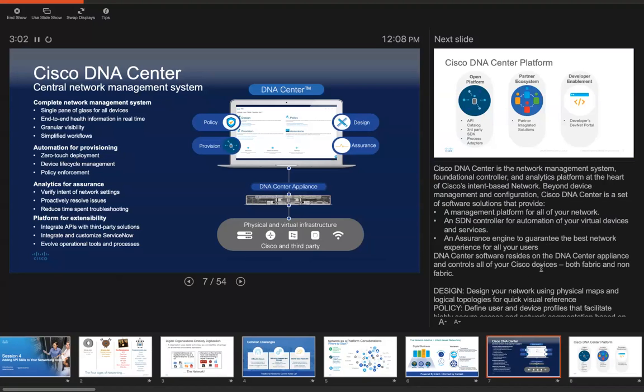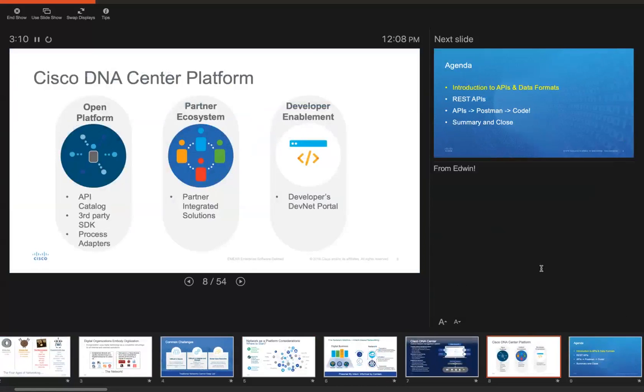And so at the very end, we looked at, and very quickly touched on last time, this idea of Cisco DNA Center as a platform and what that means around some of these APIs. We'll talk about that in great detail today, but how we're able to open up Cisco DNA Center to allow our eco partners, and we'll see some of our developers and how they can touch those APIs and create some interesting approaches to how we can chain those APIs together to get some really interesting insights back.